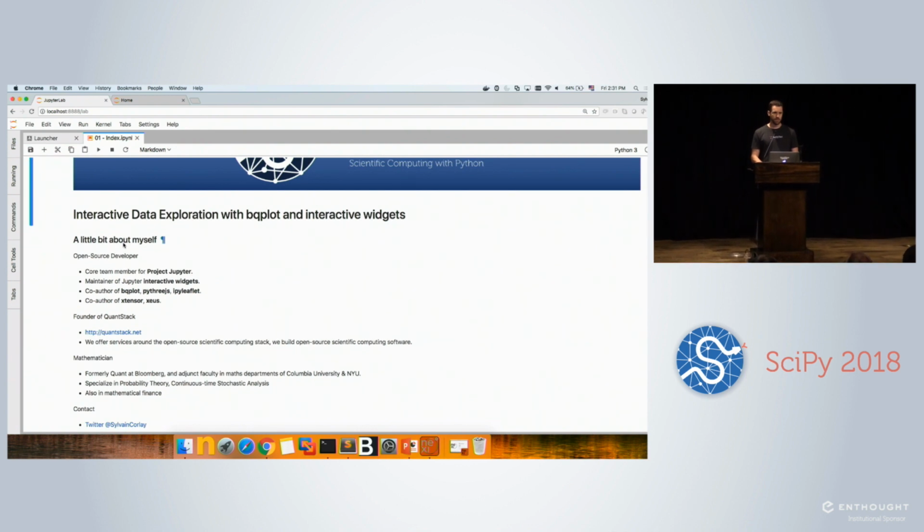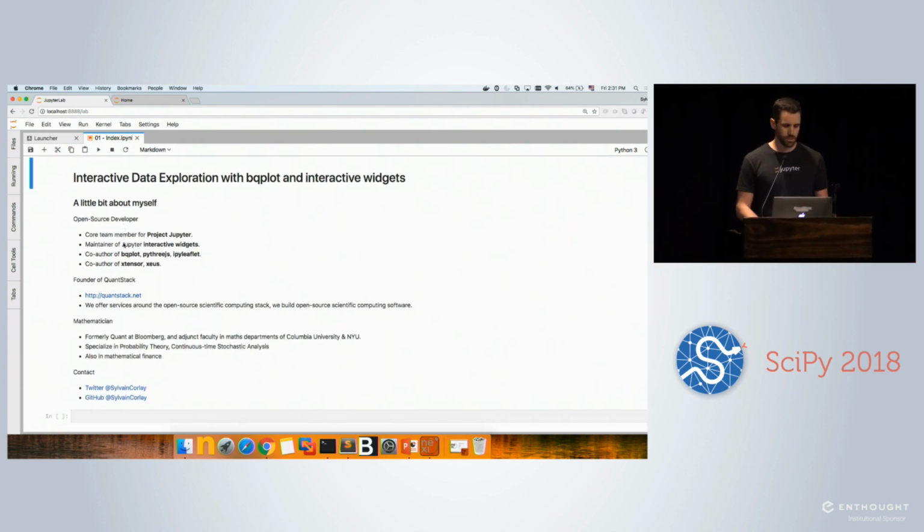Before I get to it, I just wanted to tell you a bit more about myself. As an open source developer, as Jason said, I'm a core team member of Project Jupyter. I mostly work on interactive widgets, and I'm the co-author of BQPlot, pythreejs, and ipyleaflet. I'm also a co-author of the C++ xtensor and xeus libraries,